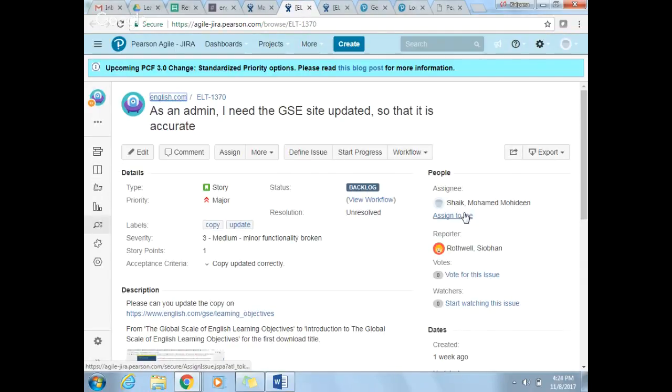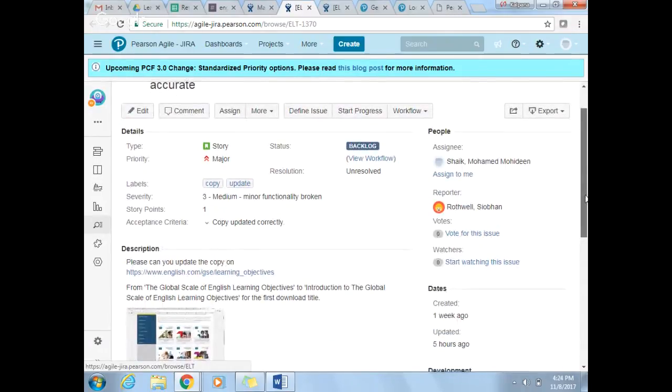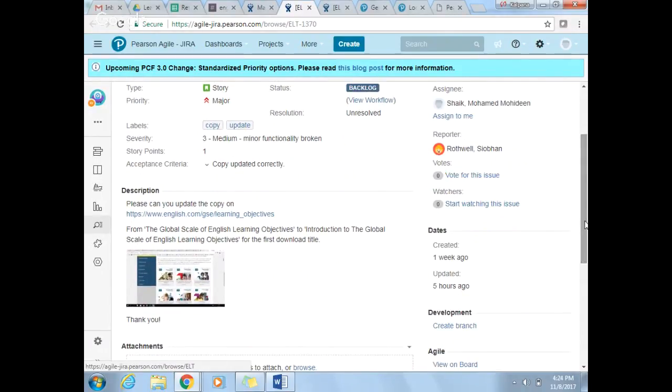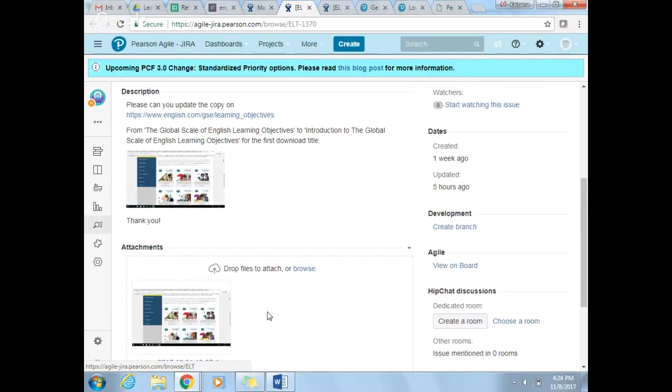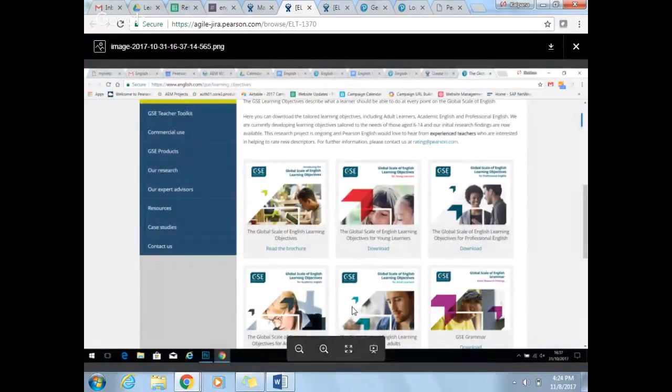Yes, as an admin, I need the GSC site updated so that it is accurate. Shay, do you have any clarification for this? Do we want to change this text? Yeah, adding "Introduction to" before this text.